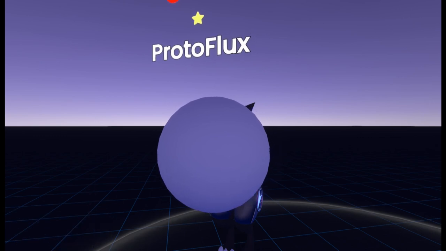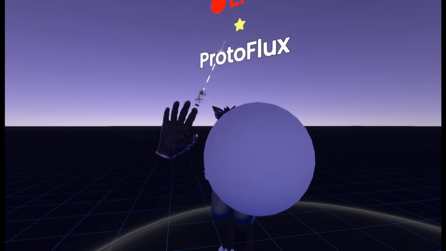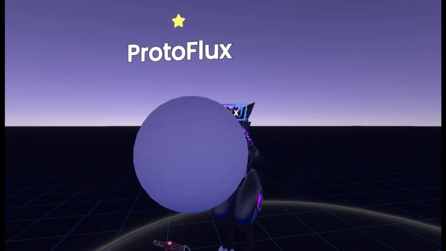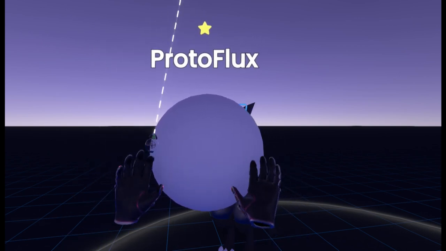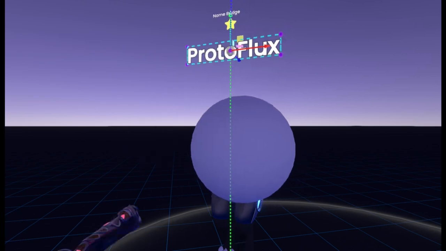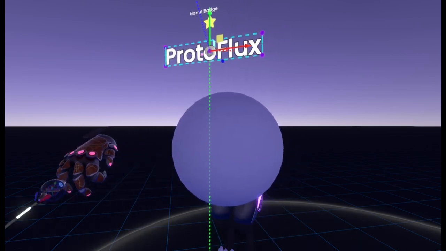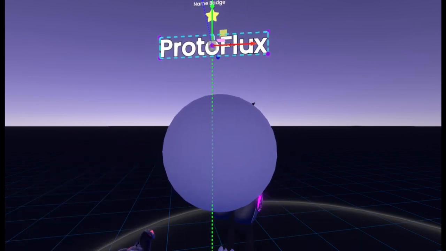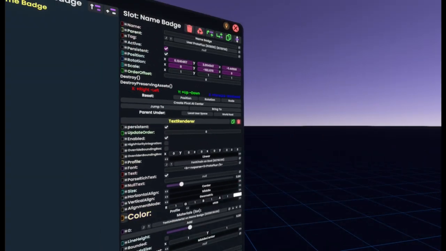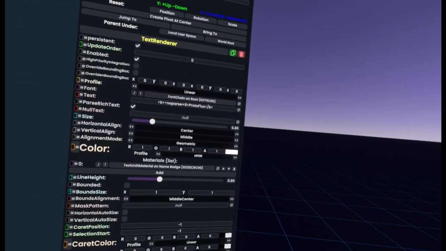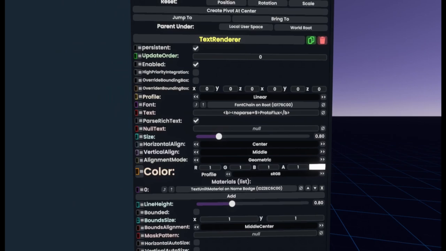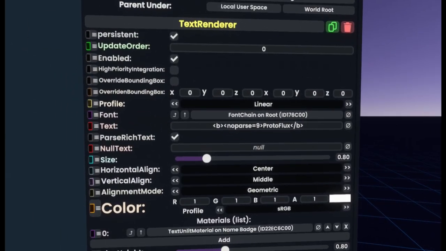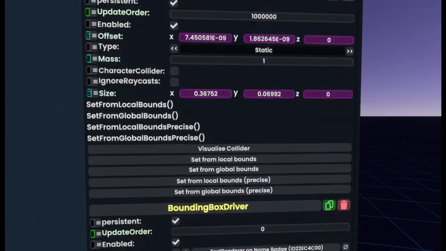And the thing is, you don't want to have use default nameplate enabled because otherwise that's going to override while we're working on it. So just have it set to allow custom nameplates while we work on this. Now, once we select it and actually use our little dev tool to open it up in the inspector, we'll quickly make it so that the nameplate will be the exact same as a normal nameplate, but just be able to be saved to your avatar, because by default, if you save this, you won't actually have the nameplate saved. So we'll scroll all the way down,